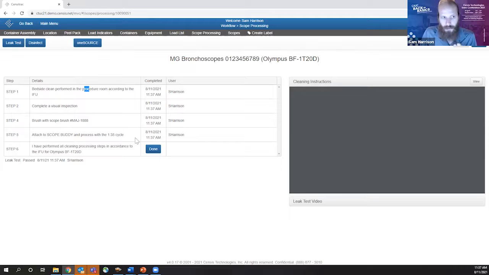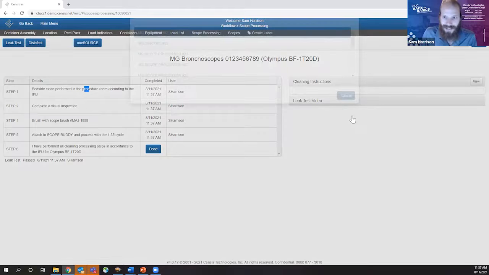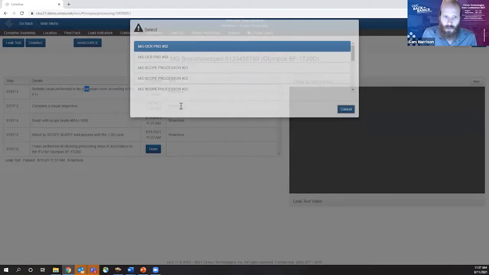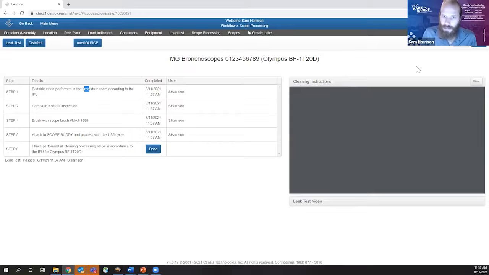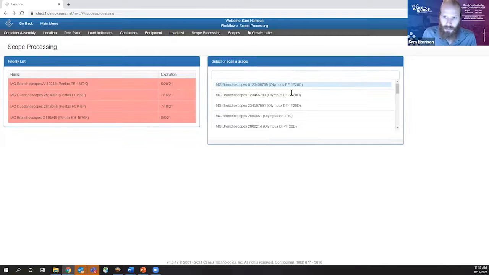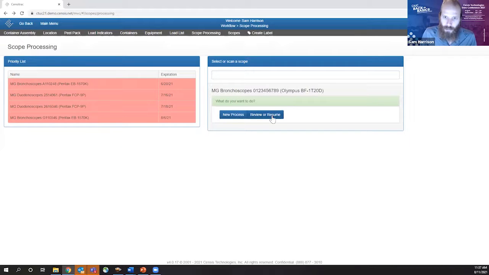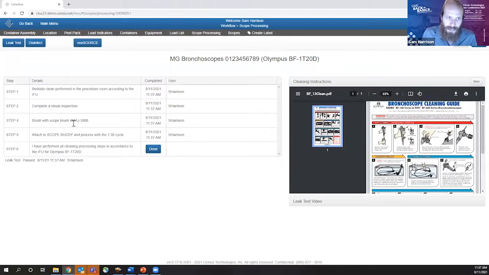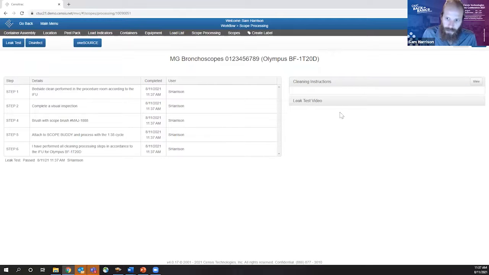I am not the one who is putting that scope into the HLD device, so I am not going to click disinfect and choose a device. If I am the one putting that scope into that HLD device, then I would be the one to click disinfect and choose that device. If I am not the one at this point, I'm going to click done. And then the next person who picks up that scope and resumes that process is going to click off the remaining steps, if any, and they're going to be the one to click disinfect and put it in the HLD device,